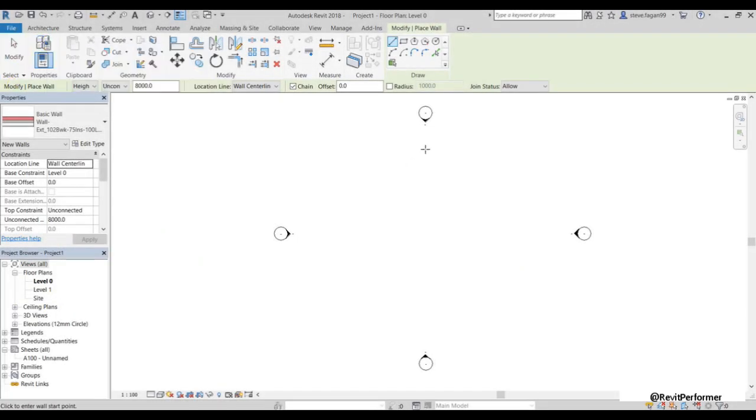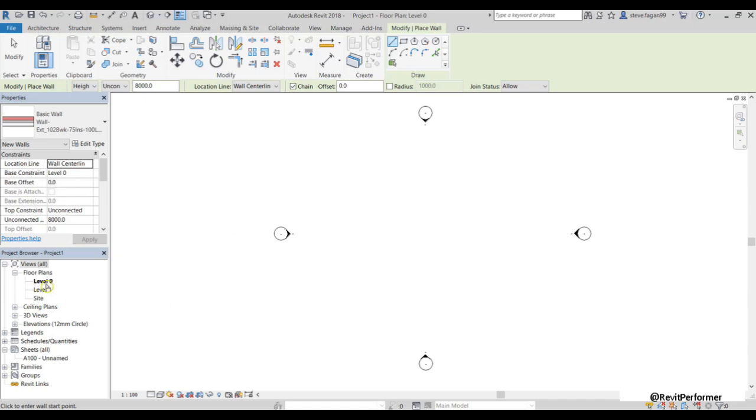Next, we will look into the walls option bar. In conjunction with using the drawing panel here, we must also make changes in the options bar. When we're drawing a wall, we want to constrain it to certain levels. As we're currently drawing on level 0, our base constraint for our wall will be level 0. We must then specify which level the wall is going to be constrained to.